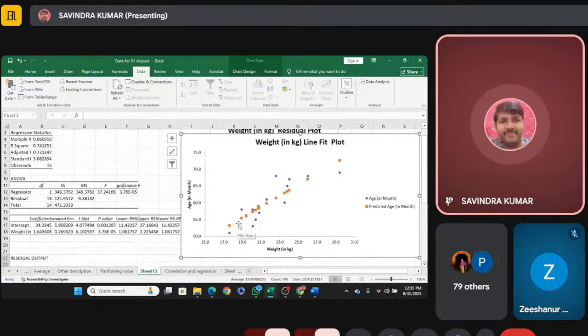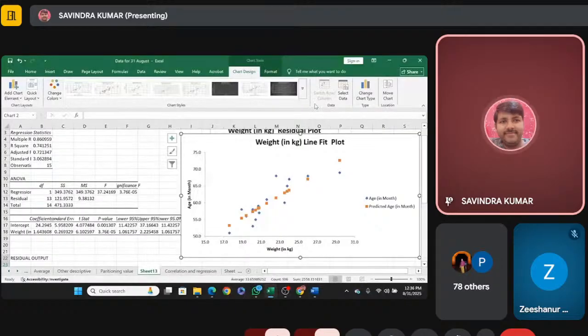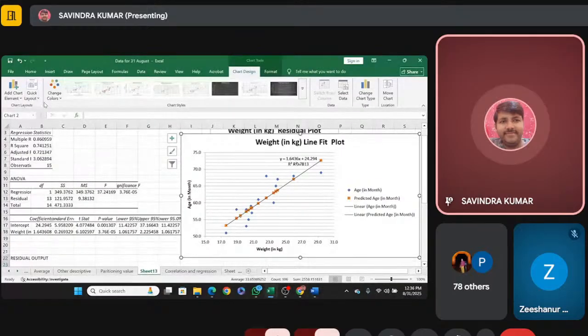So this orange line is showing your predicted value, and these blue dots are showing the actual values. If you plot it, there is one more option where you can make it as a line. Here it is not showing format. Yeah, it must have quick layout. Yeah, it is here. The moment you select the quick layout, you will see that these orange dots are on the same line. It means that we can predict that this is our trend line, and this equation